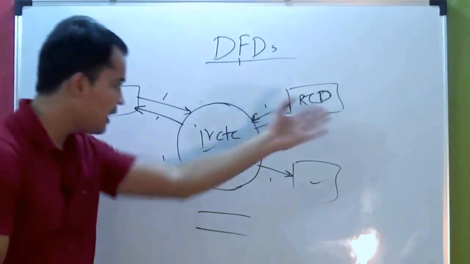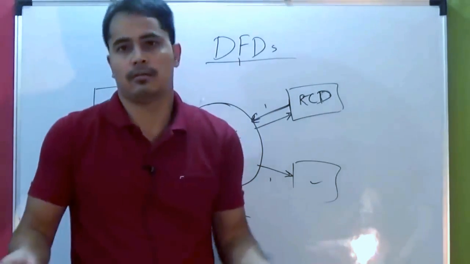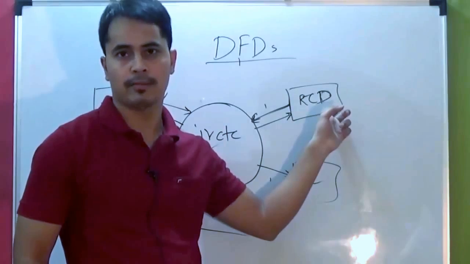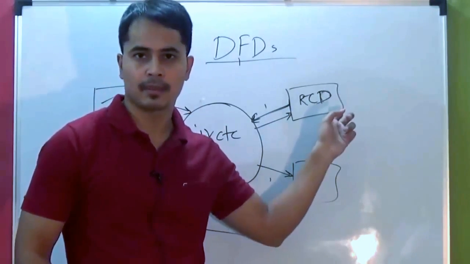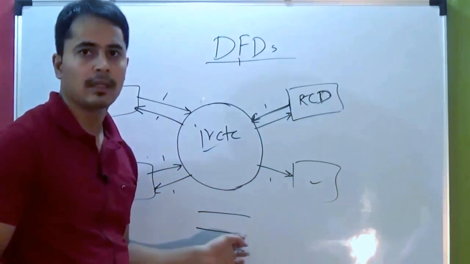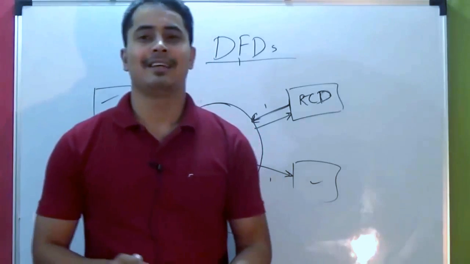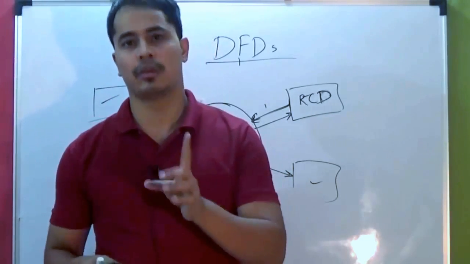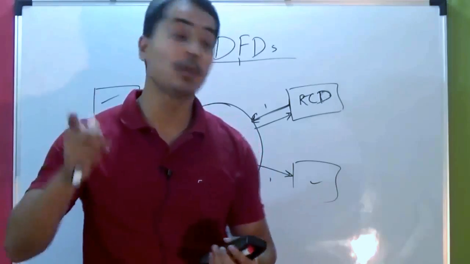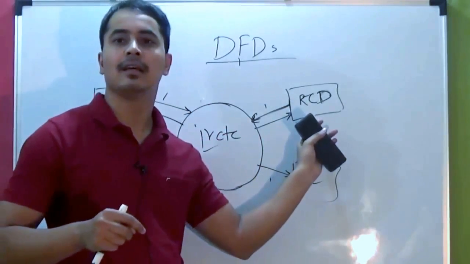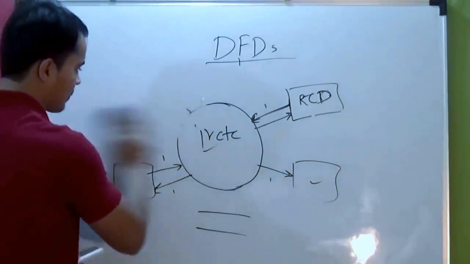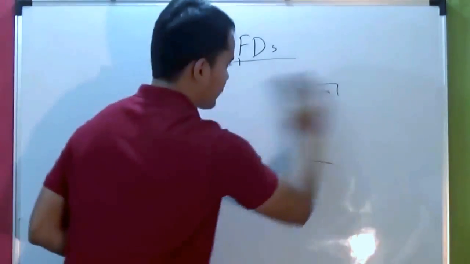Getting it? Yeah. And still I need it because that's the way it is. So, isn't it an external entity for me? At least, it's a database. So I have to show it like this. So the thing is, in a context level diagram, even if there is a data store, that data store is shown as an external entity. Exactly. Now we go to the level 1 diagram.